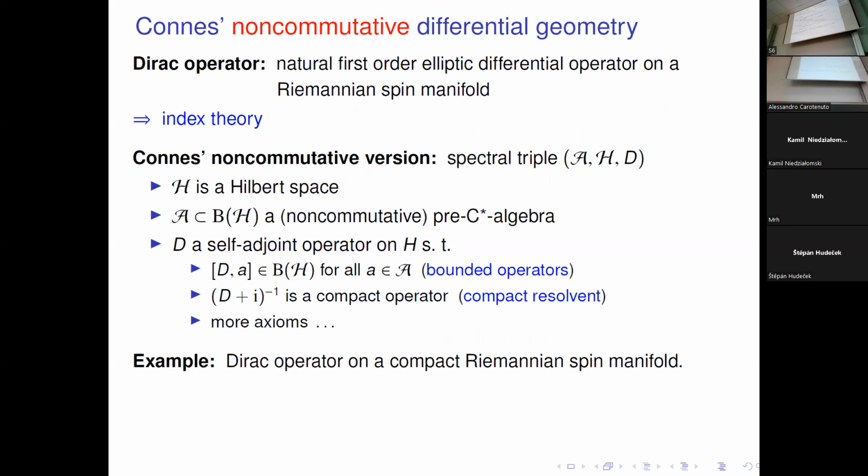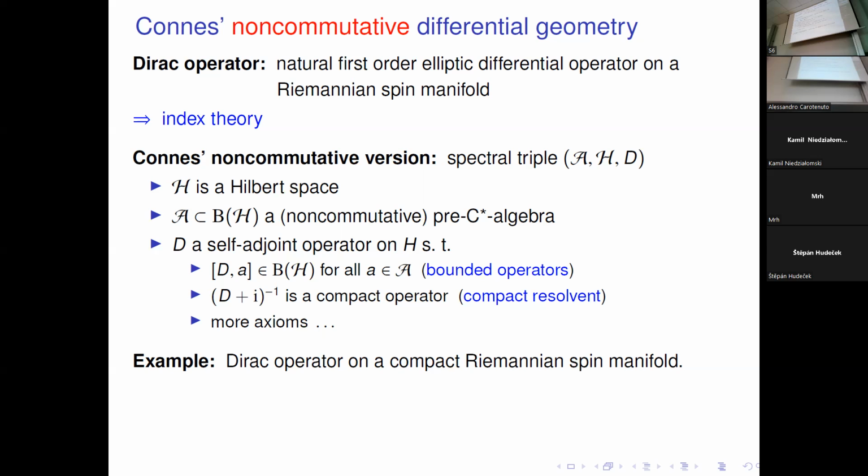So in Connes' non-commutative differential geometry, one of the important notions is a spectral triple, which defines a Dirac operator. Viewing the Dirac operator as a natural first order elliptic operator, from Atiyah-Singer index theory, it has topological information. Now if you go non-commutative, you have a non-commutative manifold defined by a star algebra, and you would like to extract topological information. One of the ways to do it is by index theory from something which is a generalization of the